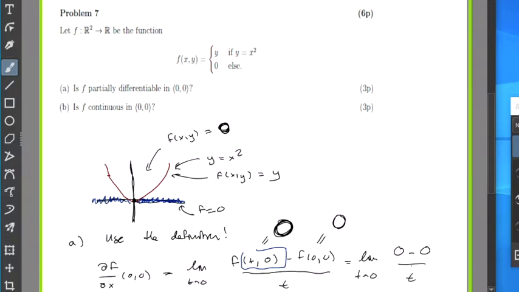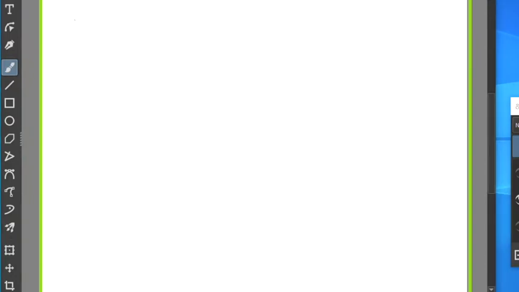Okay. Then 0 minus 0 is 0. So this fraction is actually equal to 0 all the time. And now I need to change slide. And the limit of 0 when t goes to 0 is 0. So by the exact same argument,